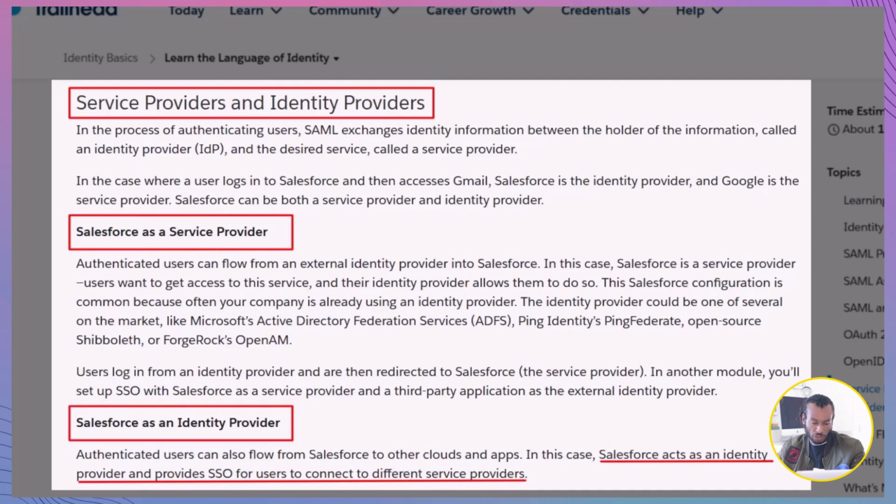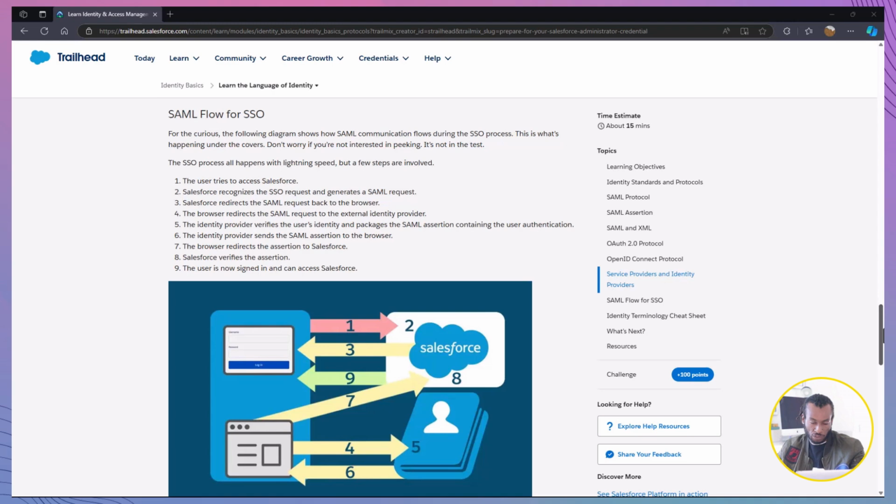Let's say you log into Salesforce and then click on the Gmail icon to access your email. In this case, Salesforce is the identity provider and Google is the service provider. Salesforce confirms your identity and passes that information to Google, allowing you to access your email without logging in again. If you're curious about how all this magic happens behind the scenes, here's a look at the SAML flow for